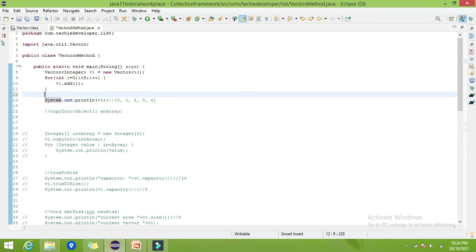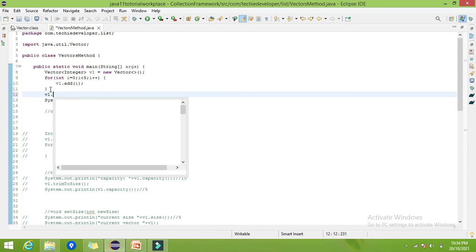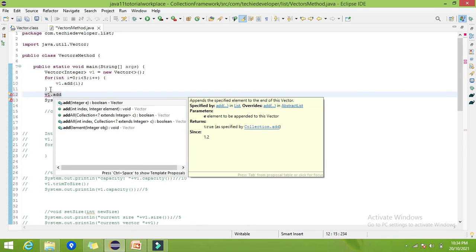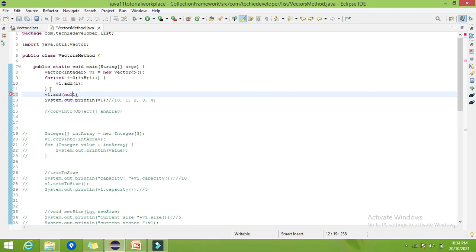Let me add another element, v1.add, a duplicate element, that is 2. Now what will our vector be? It will be 0, 1, 2, 3, 4 and 2.